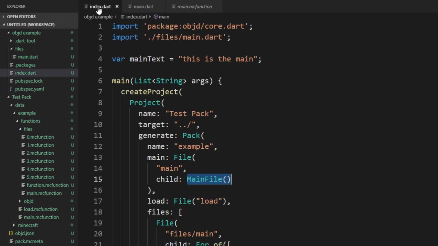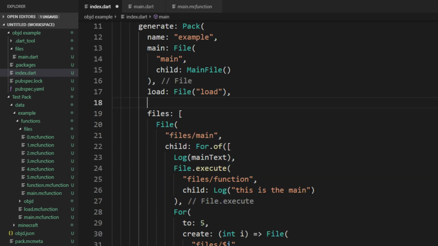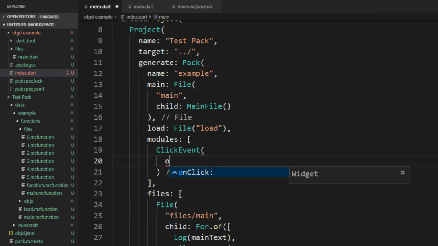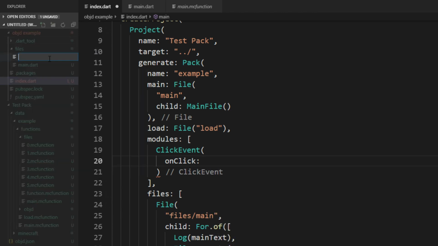So let's go into our index again, and we first want to detect a click event on a carrot on a stick. Well, in objD, it's as simple as defining the modules here, and then we can use a click event module. So then we can just say on click, and here we want a new custom widget. So we just say in the files here, new file,